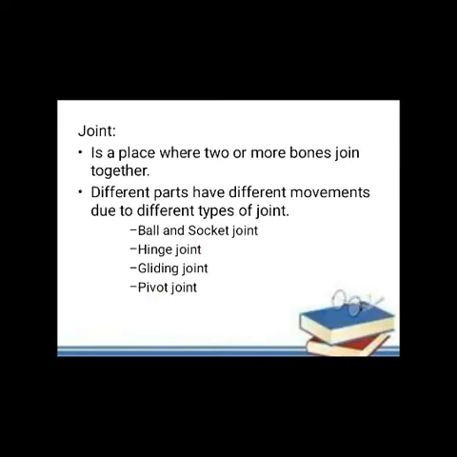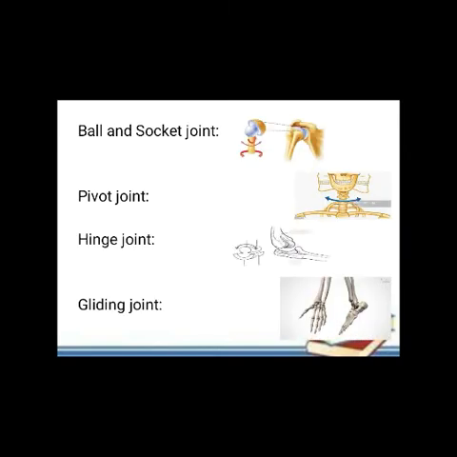Next, we saw about joints. The various types of joints are ball and socket joints. The one end of the bone will be in ball shape and another one will be socket shape, so that we can rotate our body part. It will mostly be present in shoulder, that is arm and hip region. Then pivot, it will be present in the first two bones of the vertebral column, which makes us twist our head all over the sides.